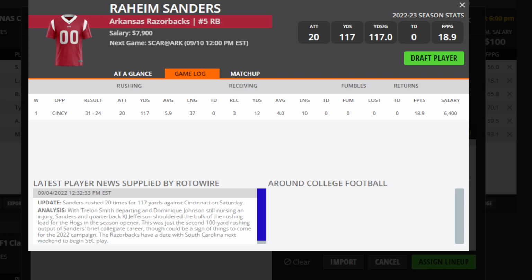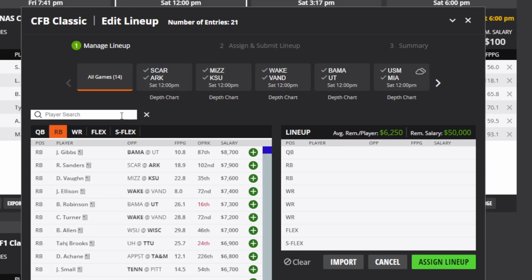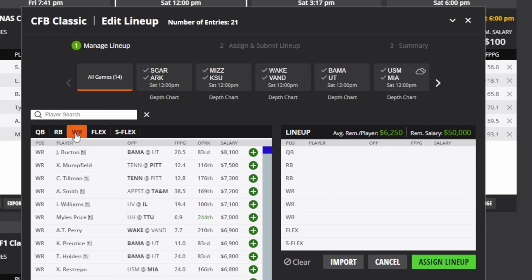But I think he can do it against South Carolina, and I don't know that South Carolina's defense has enough to really slow him down. And the combination of him with their quarterback, you just like what they have to do. So that's what I have at running back. I think it's a really solid position. There is lots of value, lots of good guys that you can choose from, lots of good matchups and stuff.